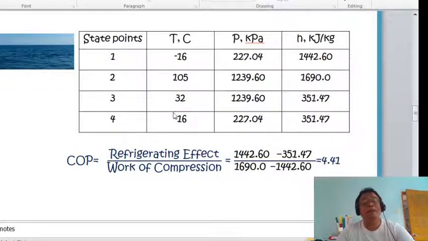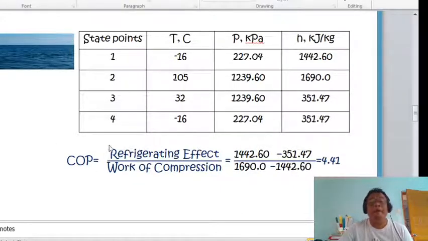But actually at 4 the temperature is negative 16. And the pressure is 227.04, which is equal to the pressure at the suction of the compressor. And since it is isenthalpic, the enthalpy is of course the same as the enthalpy at point 3, which is 351.47. Okay, so again, computing now the coefficient of performance, that is refrigerating effect over